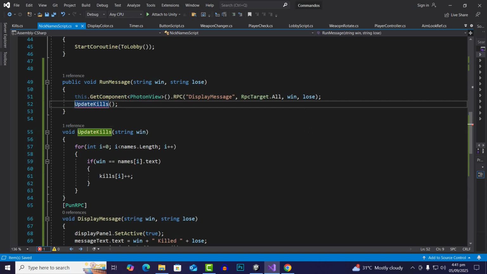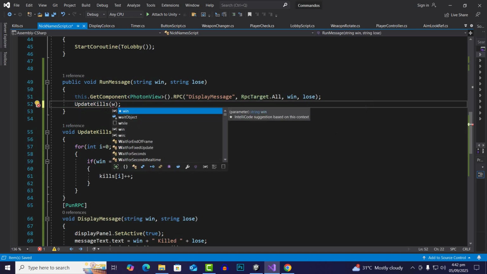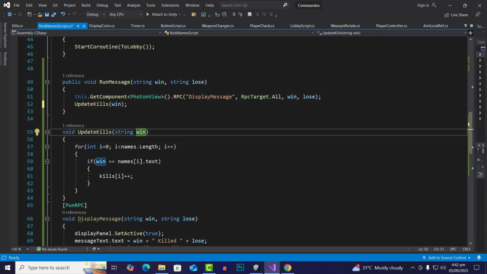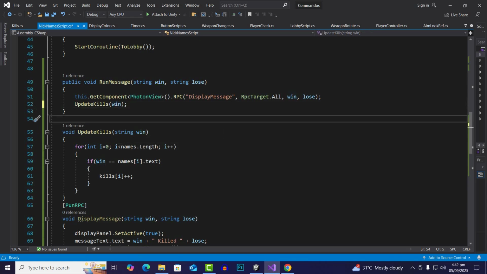Yeah, actually we are not using the win here, so we must use win because we are using the string win. So update kills win. And now in the last what we will do is that we are making